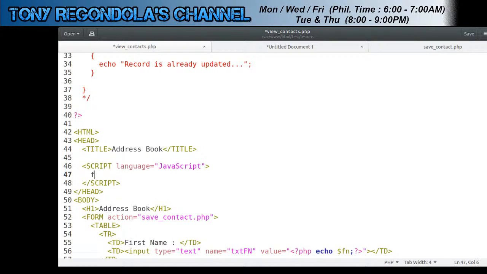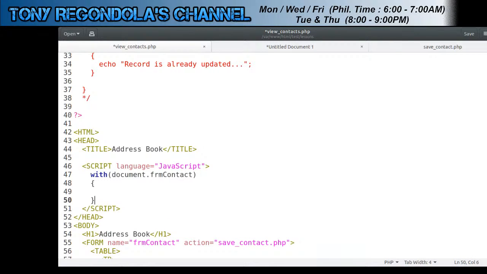And then function, I think we could use the with document that. So what is the form name here? No form name, so we can just specify form 0, or to make it clear to you, let's say we have here the name equals FRM contacts or contact, and then here we have the FRM contact. Okay, so from here